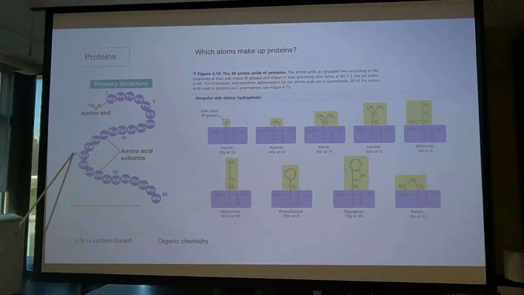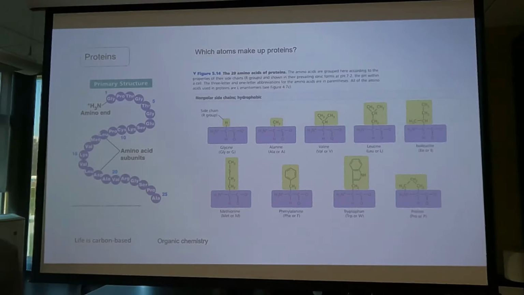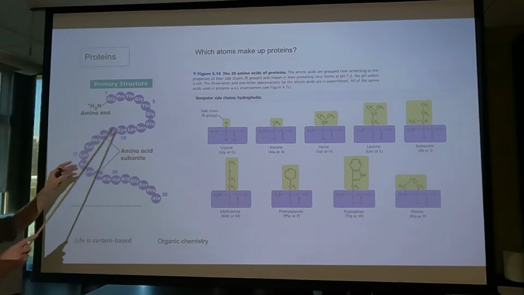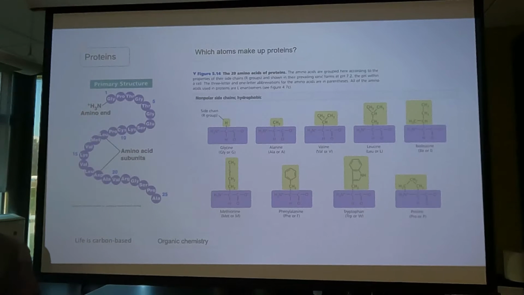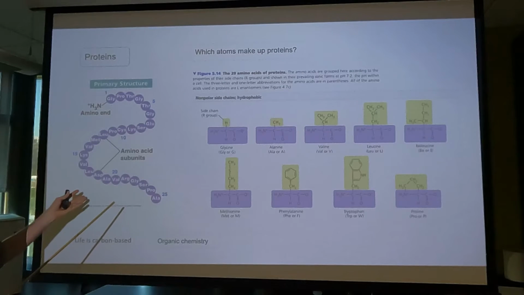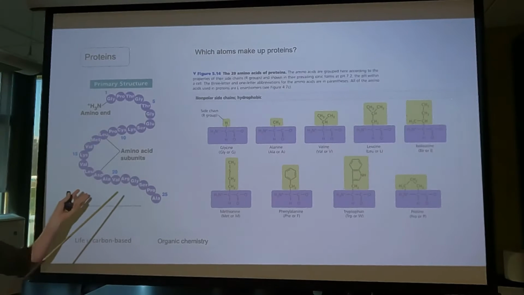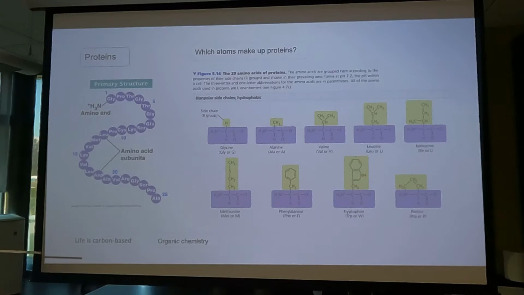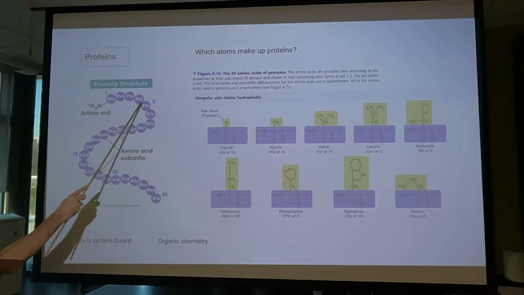This is a diagram of a protein. And a protein is what we call a polymer. Poly is many, mer is units. So a polymer is something made up of many individual units. So the question is, what are the individual units that link together chemically to make a protein? What are proteins made up of? Amino acids. These are all individual amino acids.